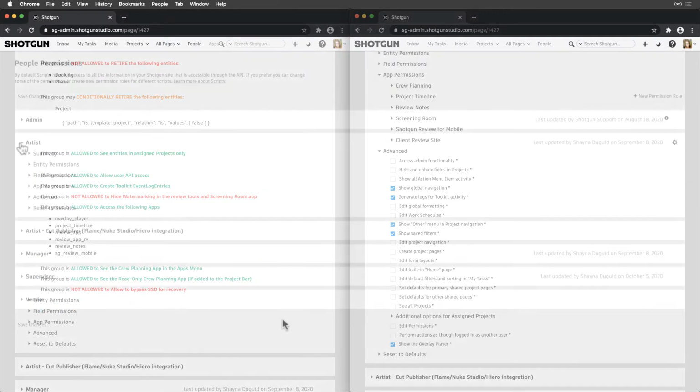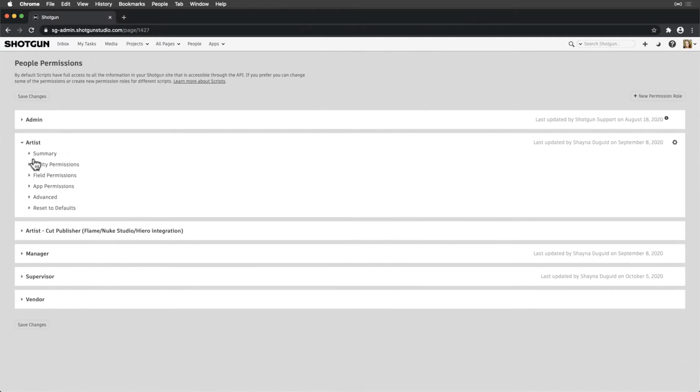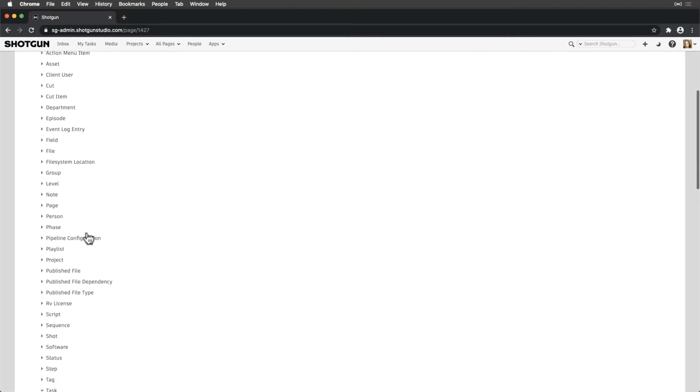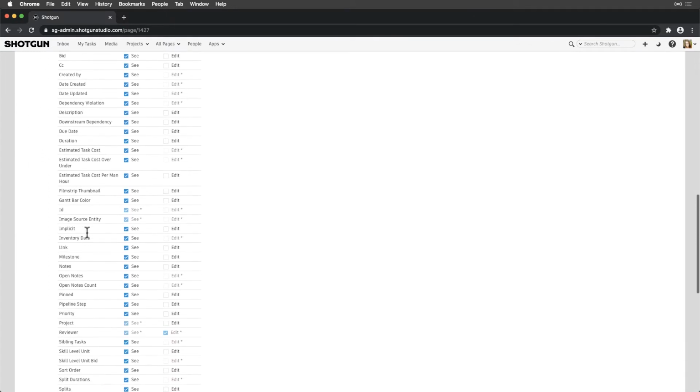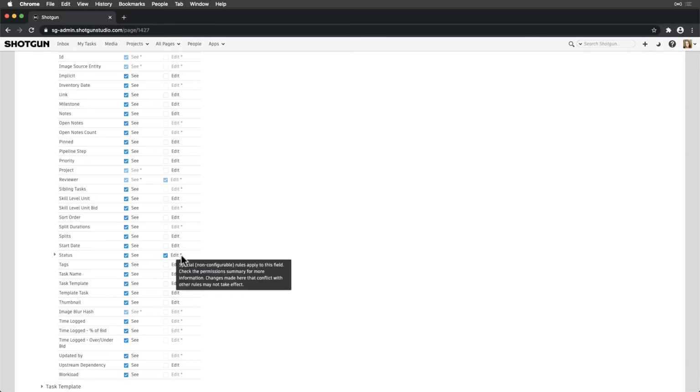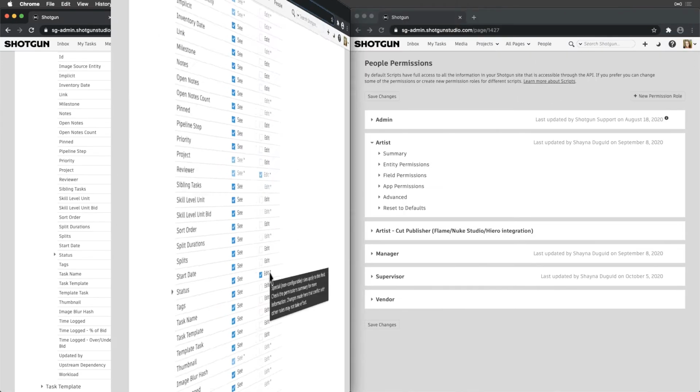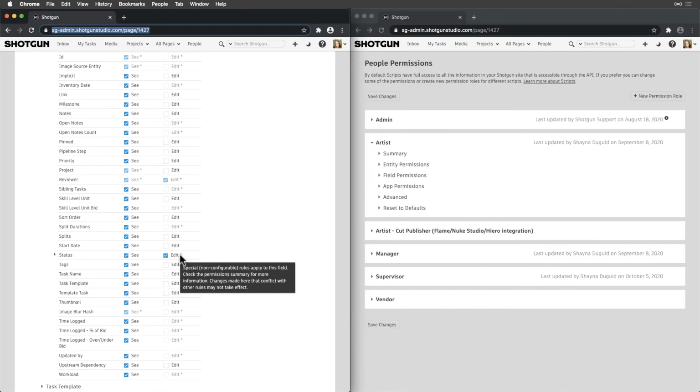Now that we know the basics around conditions, let's dive deeper into them. Remember, conditional permissions are identifiable when you hover over them and see Custom or a tooltip. In both cases, they are outlined in the summary of each permission role. Conditional permissions are more common in the artist and vendor roles, and any roles based on those. In the case of the task status field, let's check out the summary after reading this tooltip.